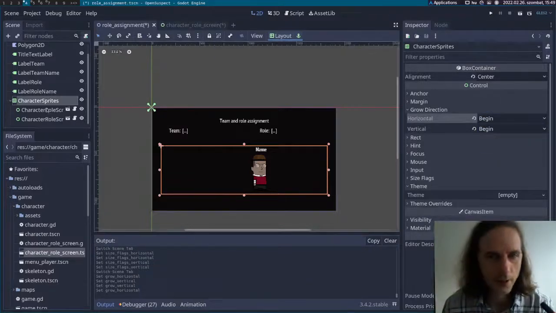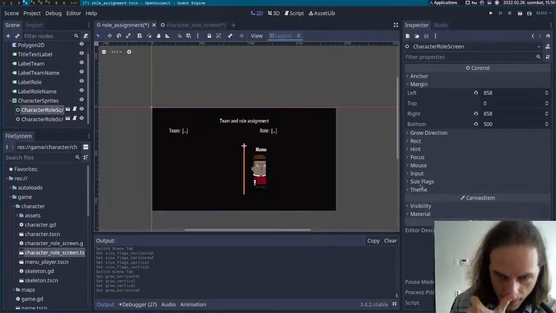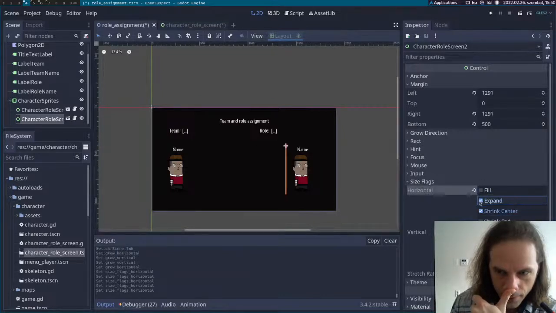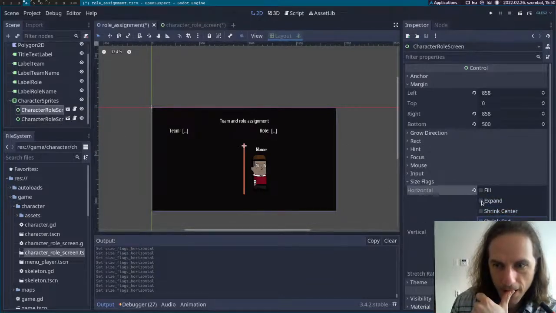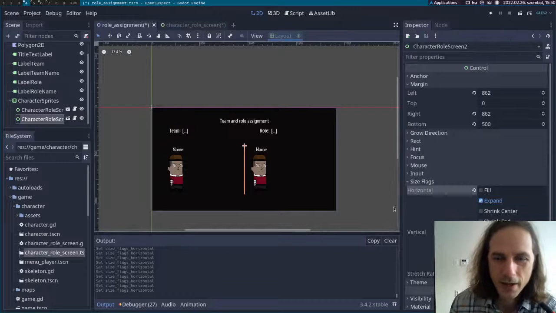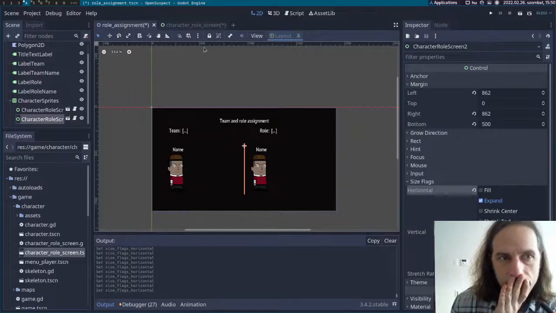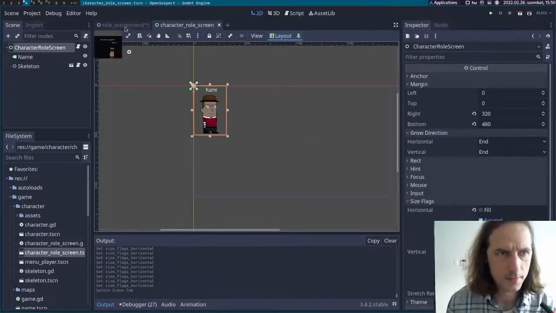These don't change a thing. Yeah, I guess we need expand for both. I mean, I set it expand, so